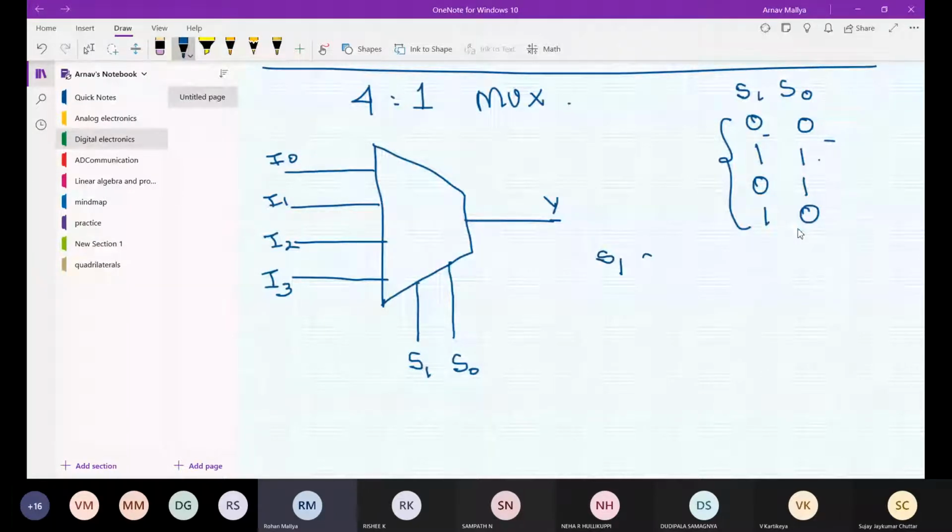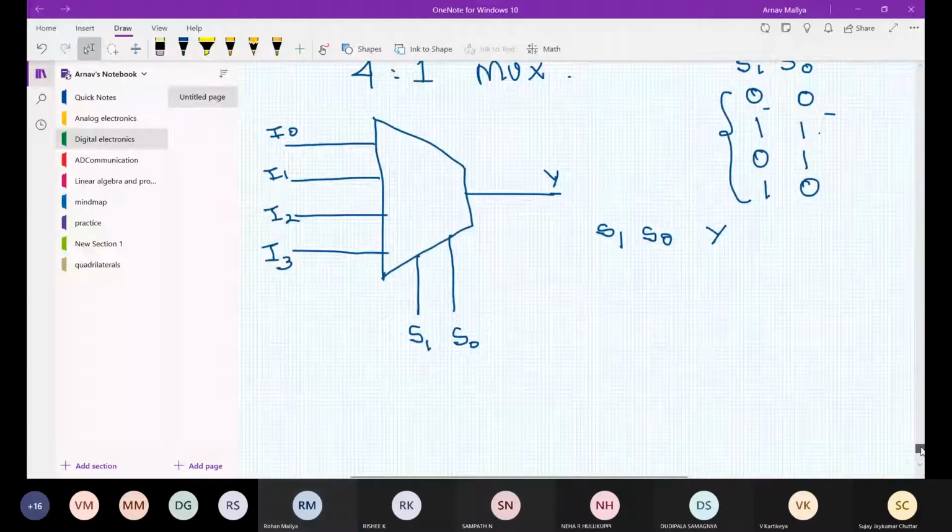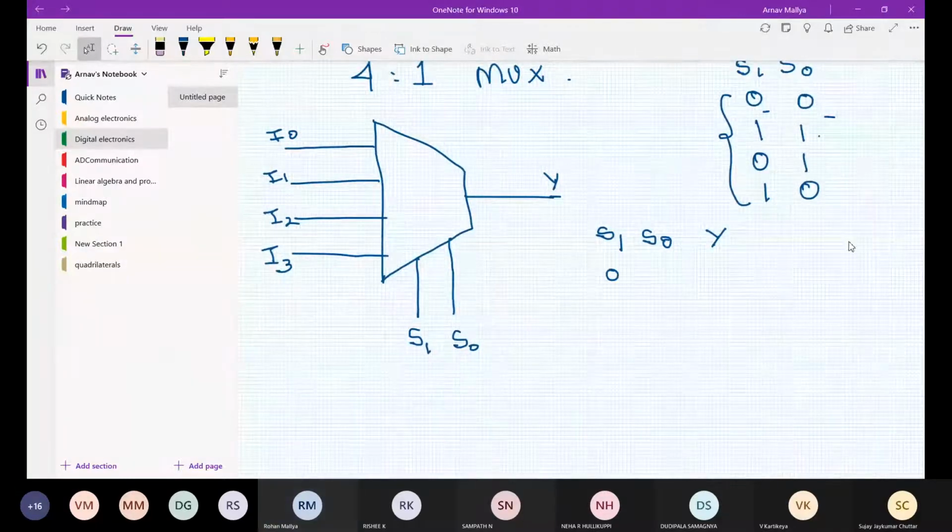Now when the values of S0 and S1 are both 0, the value of Y, my output, is going to be which of these input lines? Can anyone tell me? I0. Correct.